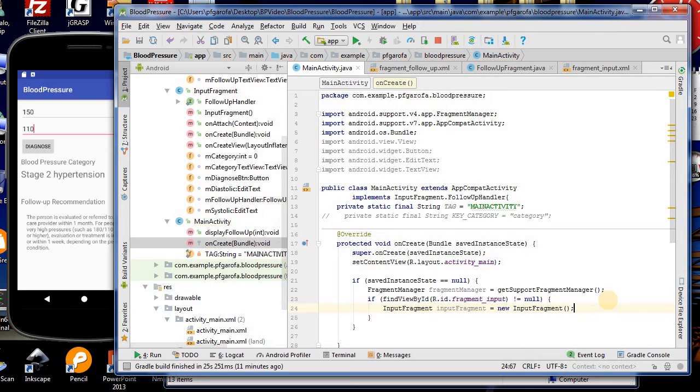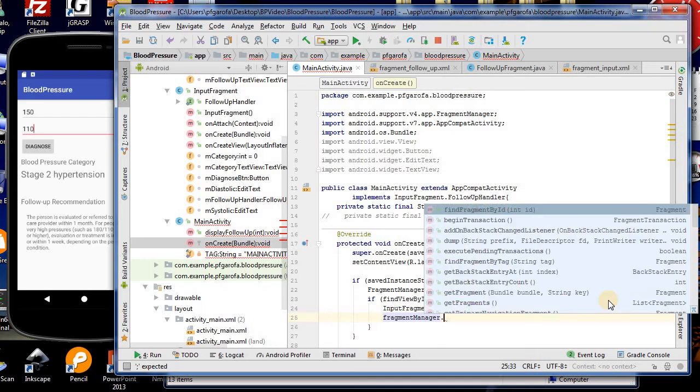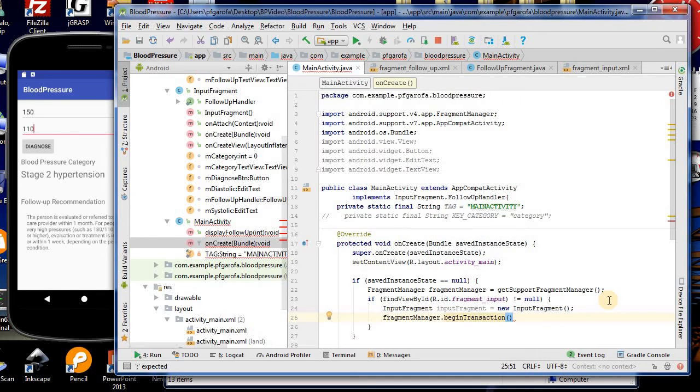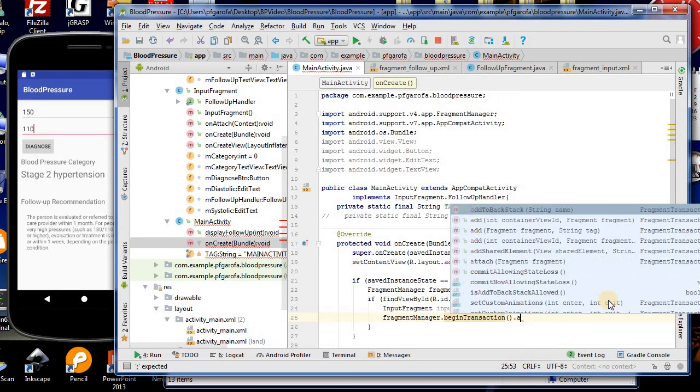Okay. And now that we have it instantiated, we are going to add it using the transaction facility of the fragment manager. Dynamic fragments are added and replaced using transactions. And this is how we do that. We type in fragmentManager.beginTransaction, and we're going to use this method chaining here and add